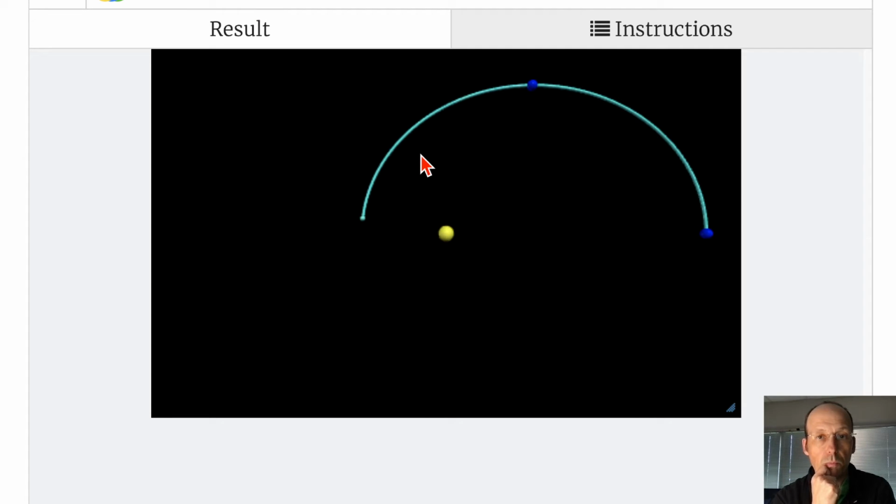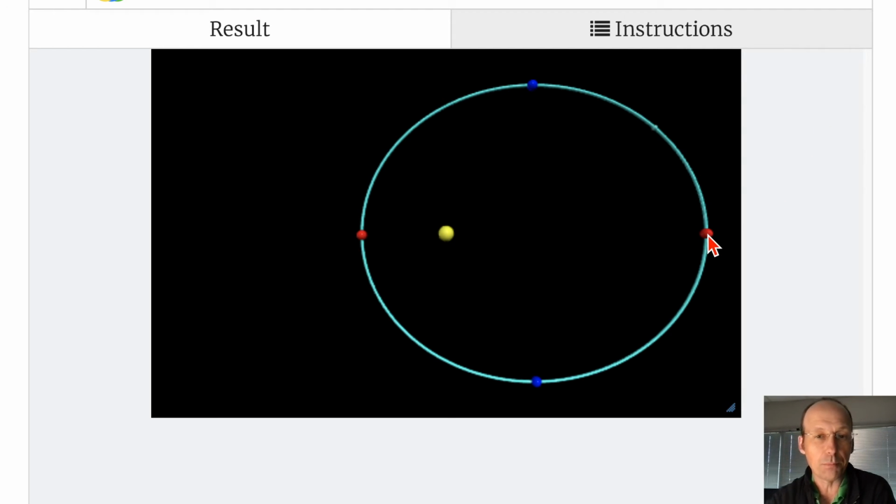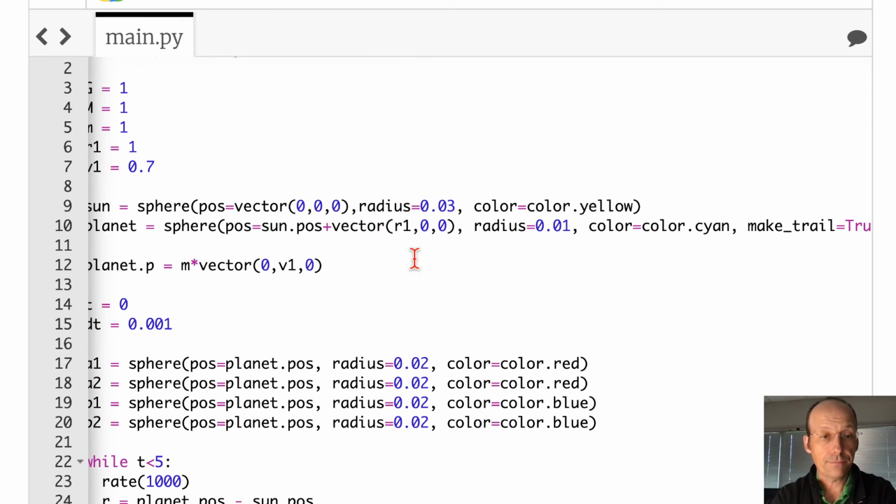Okay, there's B1, there's A2, and you notice that one turned red because I had the blue dot over there, but now it looks pretty good. I'm pretty happy. Now we can do some calculations. So let's calculate